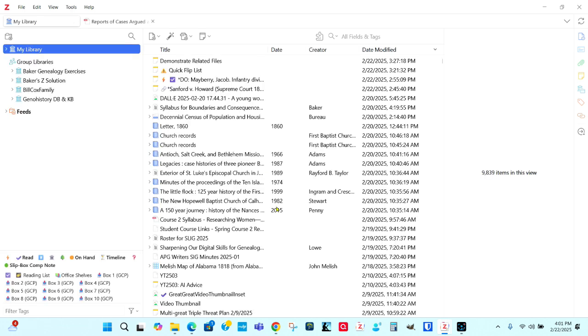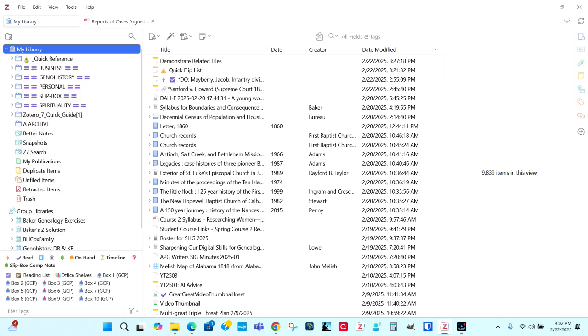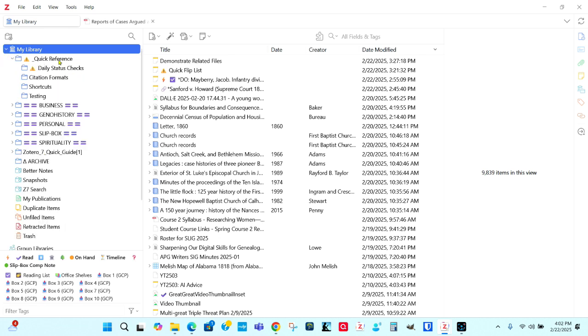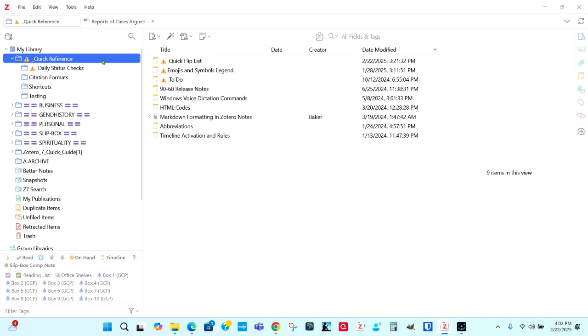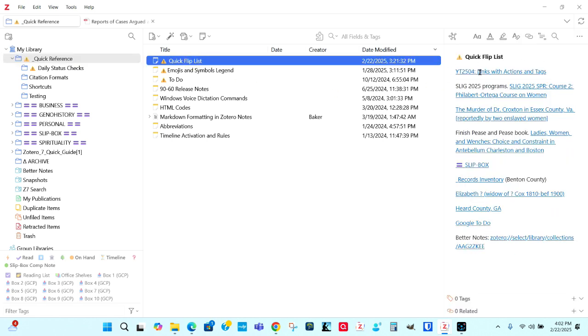Now, there is another way that I use links to make my work in Zotero very convenient. I keep right beneath my library a folder called Quick Reference where I gather things that I want to always be able to find very quickly. In the Quick Reference, I have a note that I've created called Quick Flip List. You could call this anything you want, but this has links to all the things I'm working on at